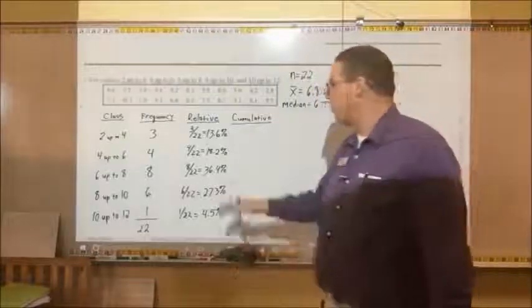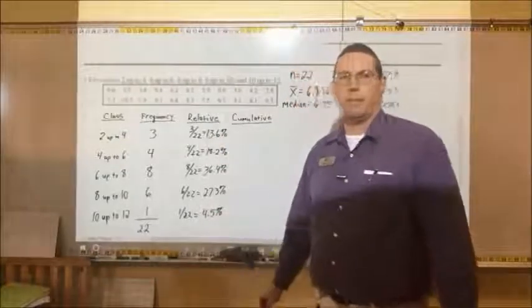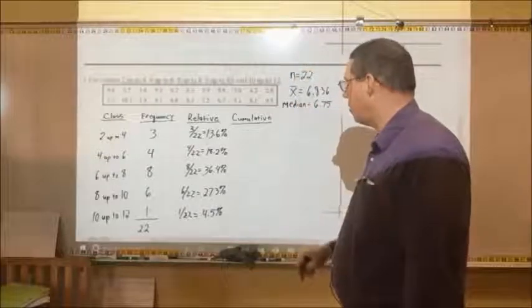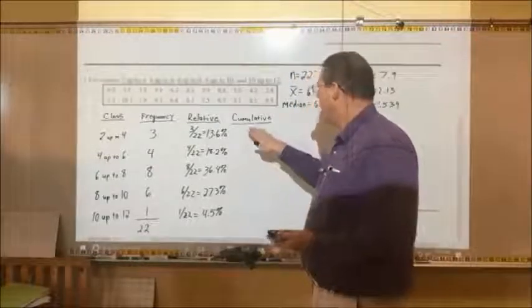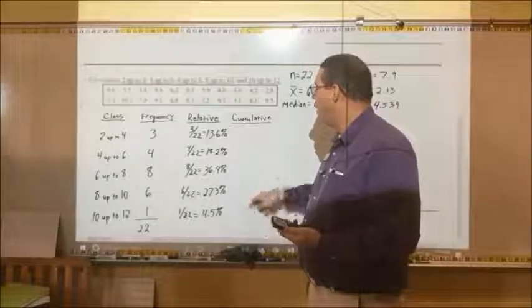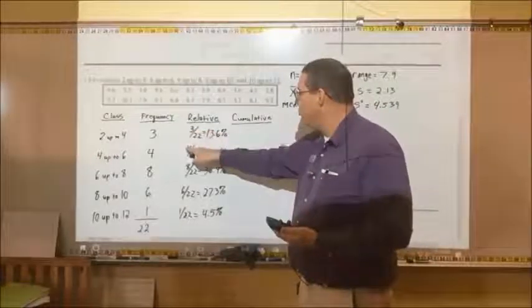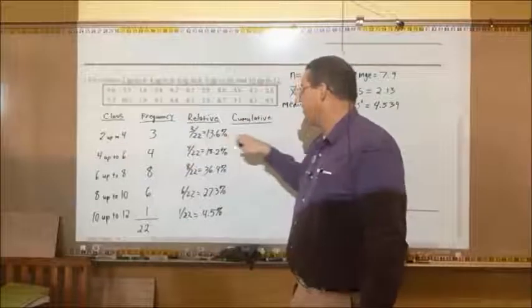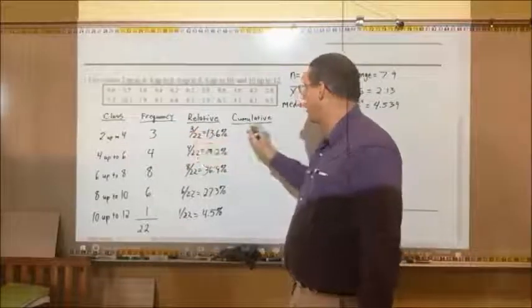Now if you mess up on the rounding, I'm not gonna hurt you for it. Your grade isn't gonna get hurt for it. It's not that big of a deal. So now for cumulative, all we're going to do is we're going to add the numerators up as we go. So we only have one class at first, so it's going to be the same 3 out of 22,